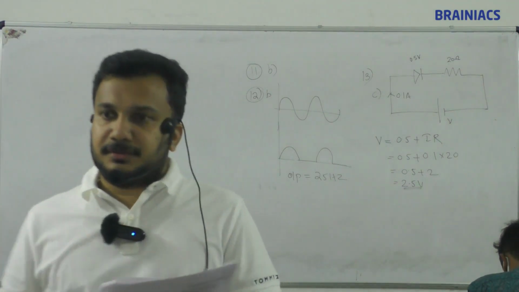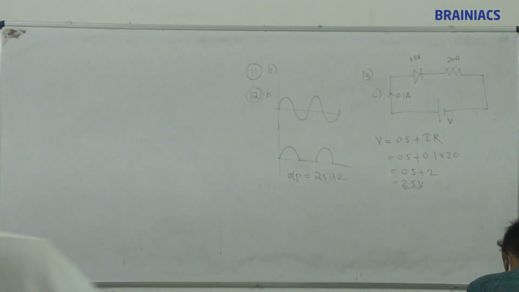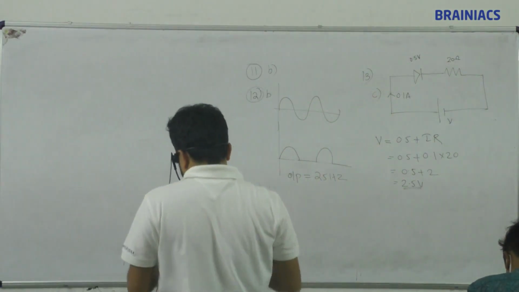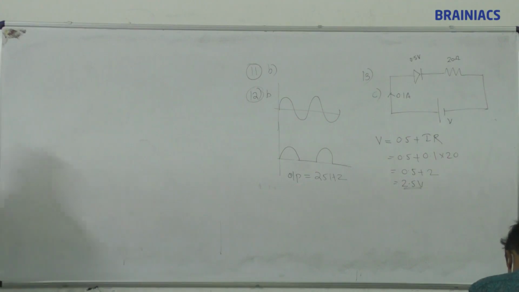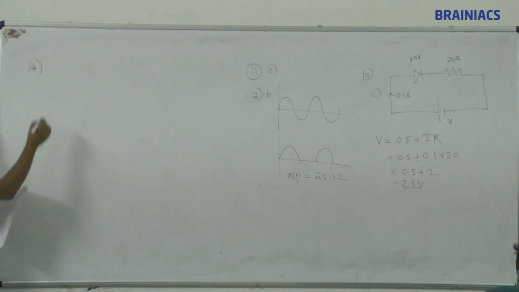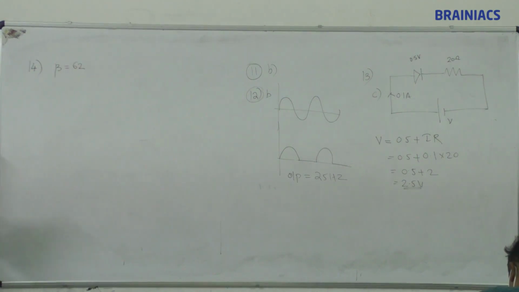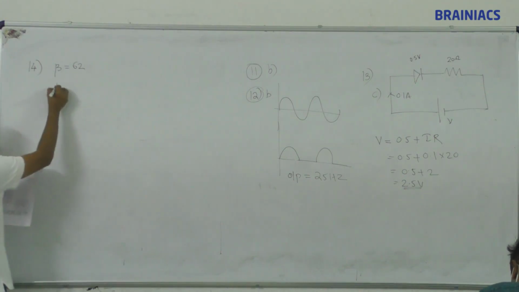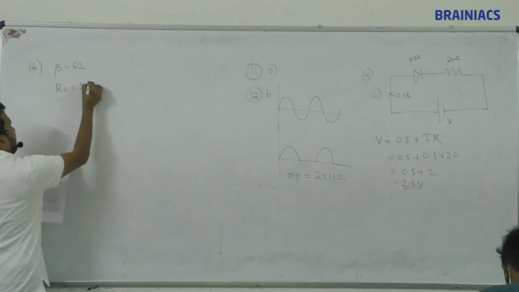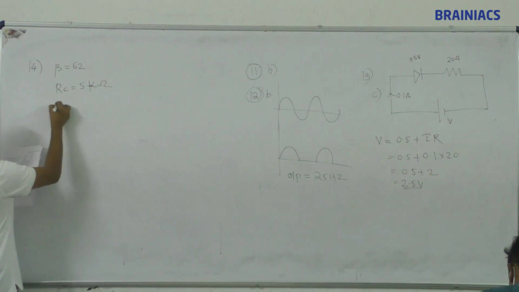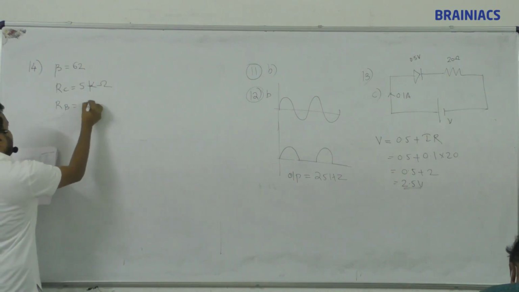Then 14th question. In a common emitter amplifier, current gain beta is equal to 62. Collector resistance and input resistance are 5 kilo ohm and 500 ohm respectively. So RC is equal to 5 kilo ohm and RB is equal to 500 ohm